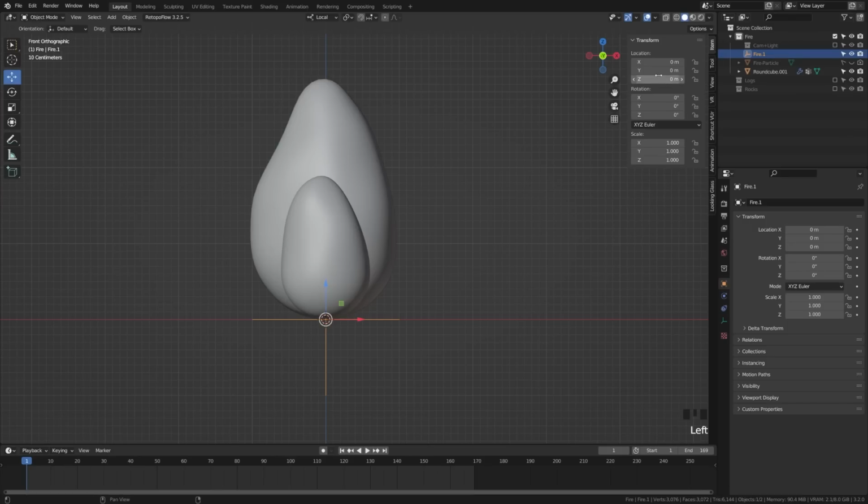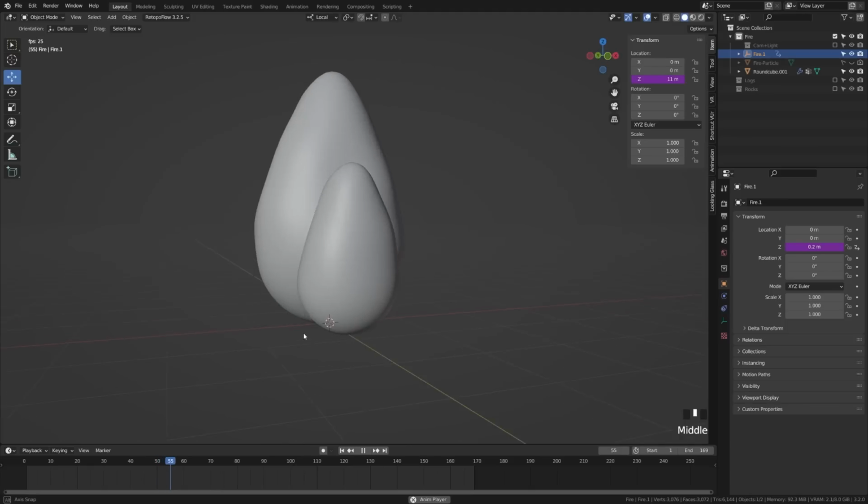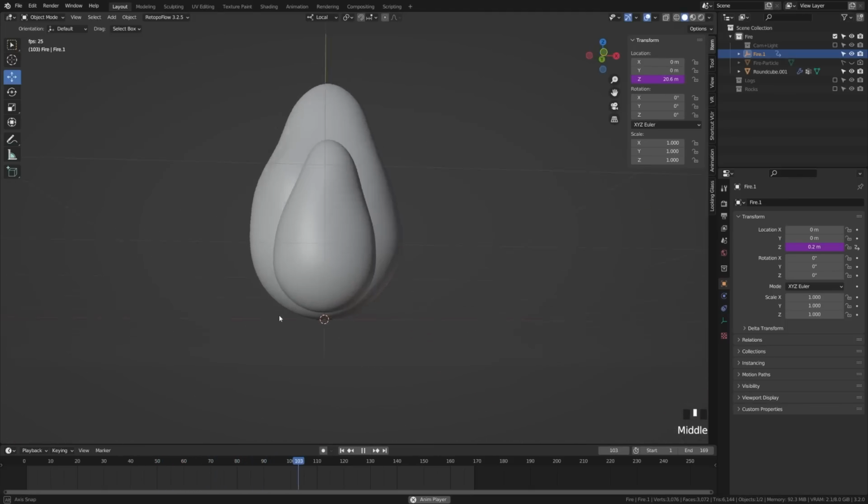So we'll come to the item, and on the location we're going to type #frame. And then we'll do something like divided by 100 and see how that looks. We'll hit play here. We'll see. So next we will grab this empty here, and grab the Z value of the location in the transform of the item window. We're going to type #frame, and we'll divide that by 5, and that's just going to slow it down a bit. And then when we press play there, that'll just fly off to infinity,